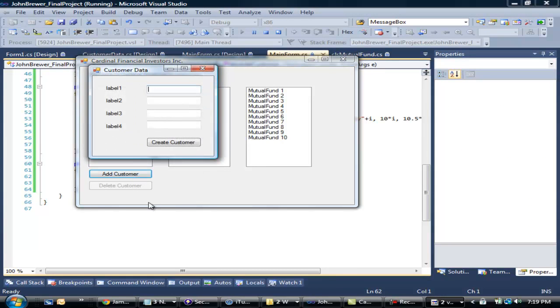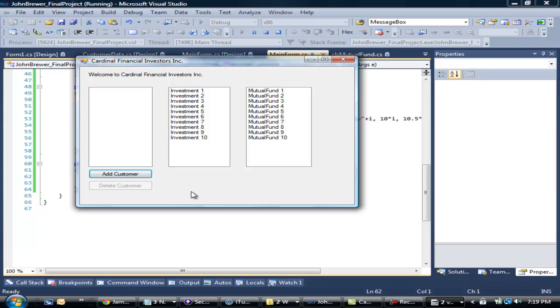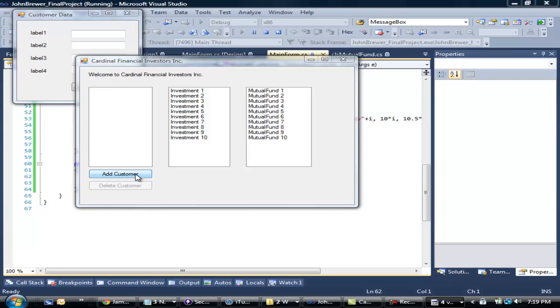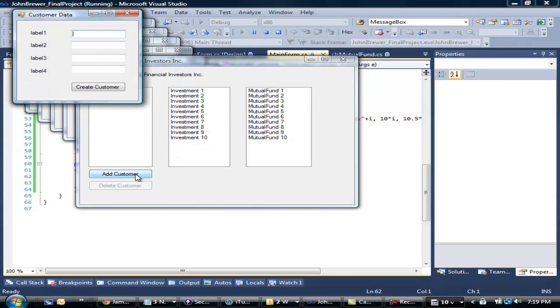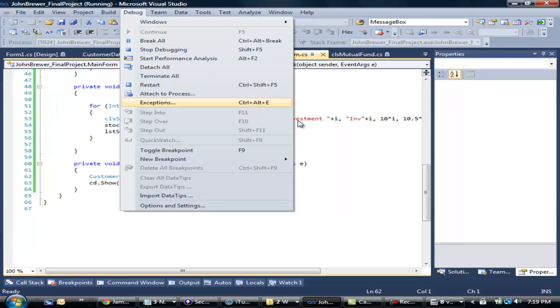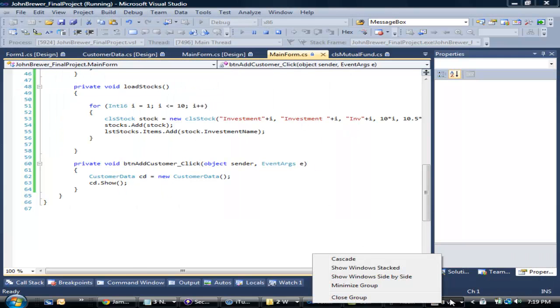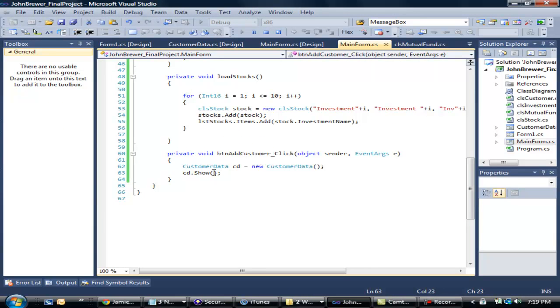Okay. It's gone, which is bad, because we should be able to add only one customer at a time. Right. So for that, what we will do is